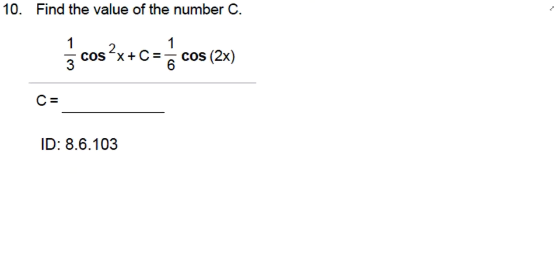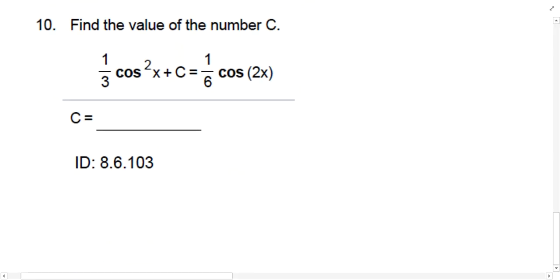For number 10, well, this one's an equation that we need to solve for C. Doesn't really have an application component with it. But it's a nice problem to look at, and I chose it because of the double angle identity here. So if our job is to solve for C, we just have to get C by itself. One thing we can do is subtract this entire term to the right-hand side, and then we'll be left with C equals